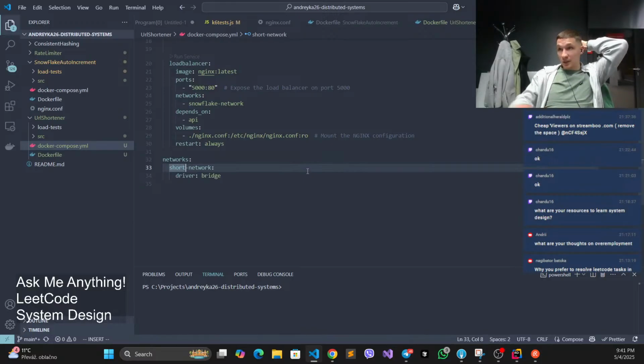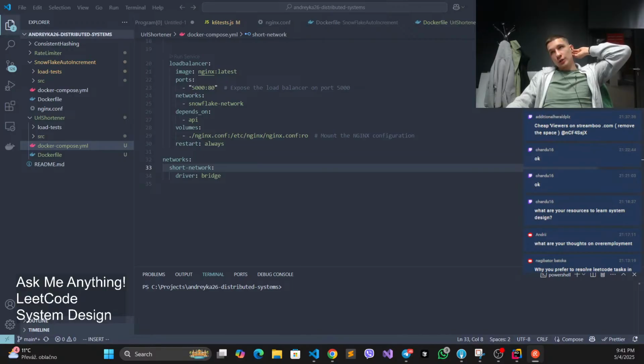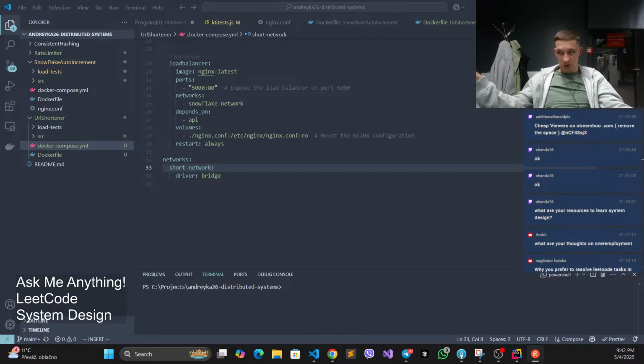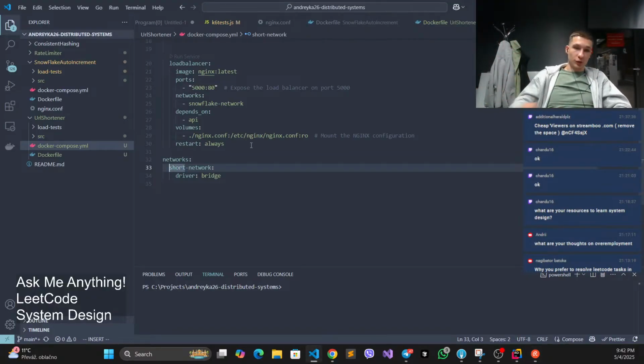And now this is the tricky part, because if you have two Docker Compose files, they cannot actually reach each other because they are under different private networks. Whenever you do Docker Compose up, it creates a private network, and only services inside this Docker Compose can access each other. Services that are up from another Docker Compose cannot interoperate. That's why we are putting